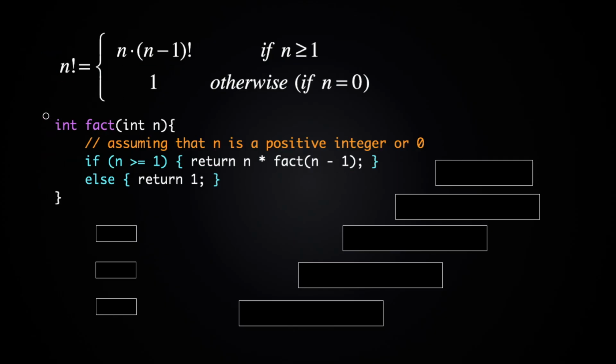Okay, this function seems pretty simple, but does it actually work? Well, it does. To see how, let's take a look at a few examples here. If you have fact of 0, I just wrote it as f of 0. That's pretty easy because here we get this line right here because 0 is not greater than or equal to 1. So we're just going to return 1, which is correct because 1 is 0 factorial.